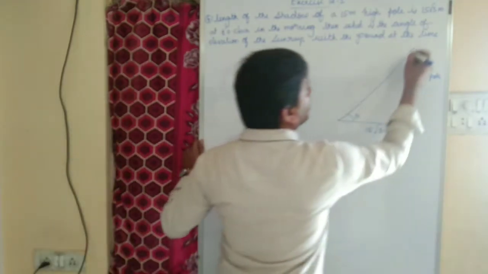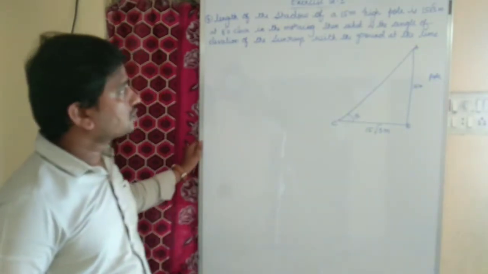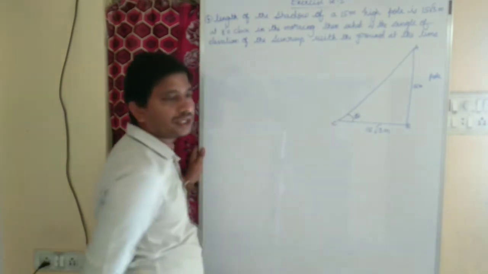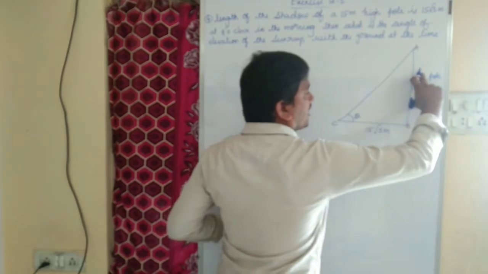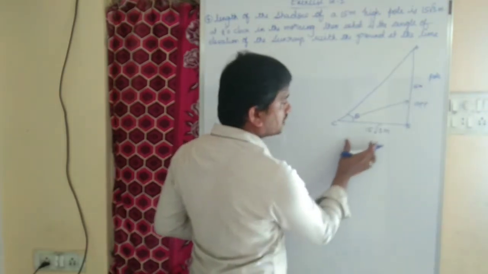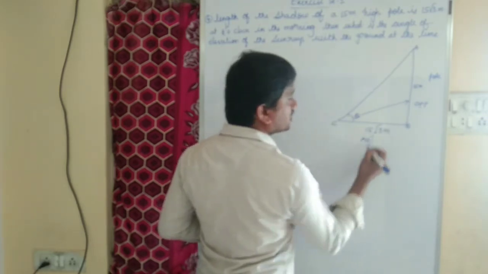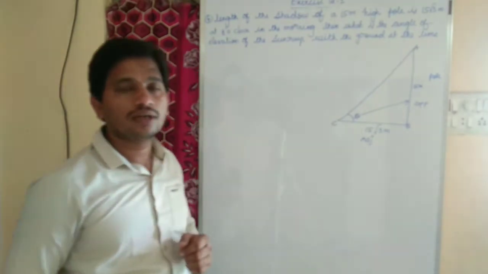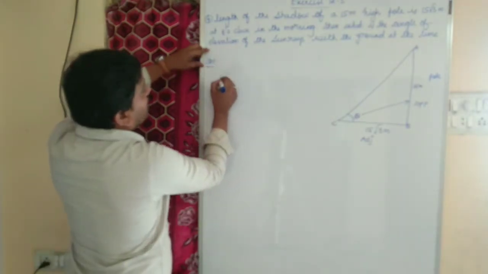Okay, let us name the triangle A, B, C. So they are asking to find the angle of elevation. We don't know what is the value of theta. So children, this side is opposite to theta. This will be our opposite side, and side BC which is sitting on angle theta, this is our adjacent side. We have a relationship between opposite side and adjacent side, that is the trigonometric function, which is tan theta.